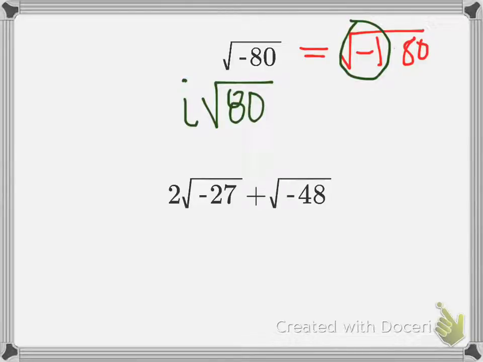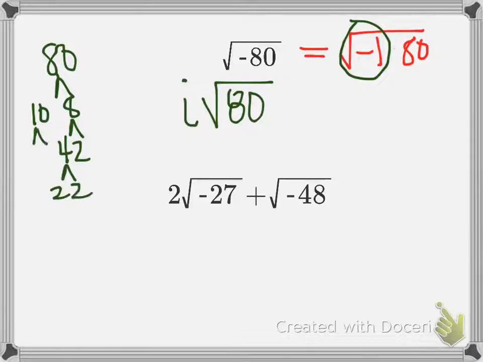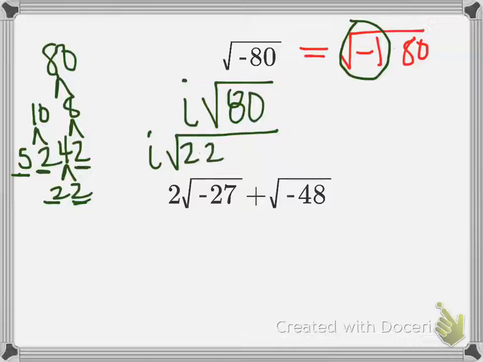And I know how to deal with that, so I'm going to do a little tree off to the side. I'm going to break down 80, so I could do 10 and 8, 4 and 2, 2 and 2, and then with the 10 I can go 5 and 2. As we talked about in another video, we're now just going to list out all the primes and pull out pairs since this is a regular square root. I'm just going to continue to write that i on the outside. There's 4 2's